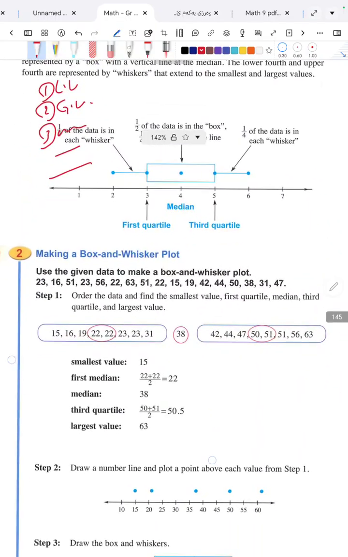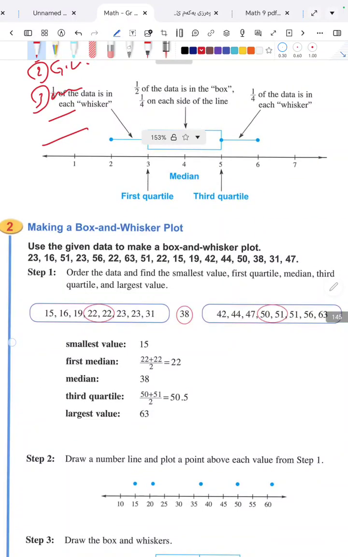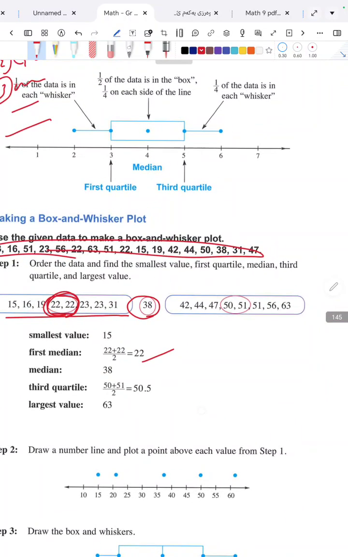Question, yes, as you can see in this question, we have what? You have to order the data. Then the median is what? It's 38. For the lower half, you have to find the first quartile. As you can see, we have double numbers, 22, 22, add them, then divide by 2, still 22. For the other side, for the upper half, we have 15 and 51, add them, then divide by 2, which equals